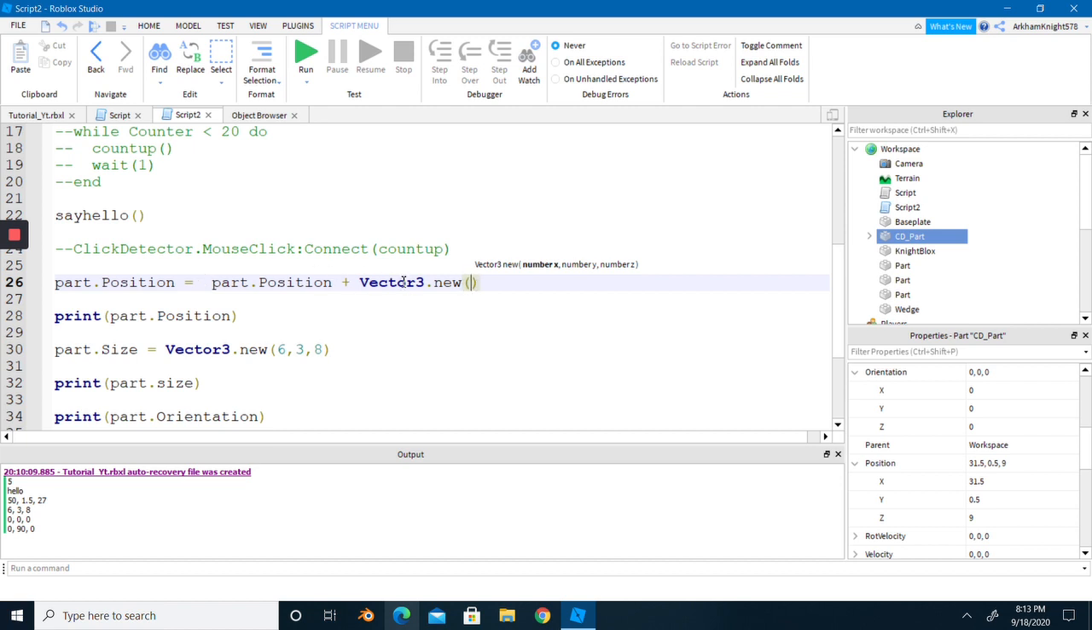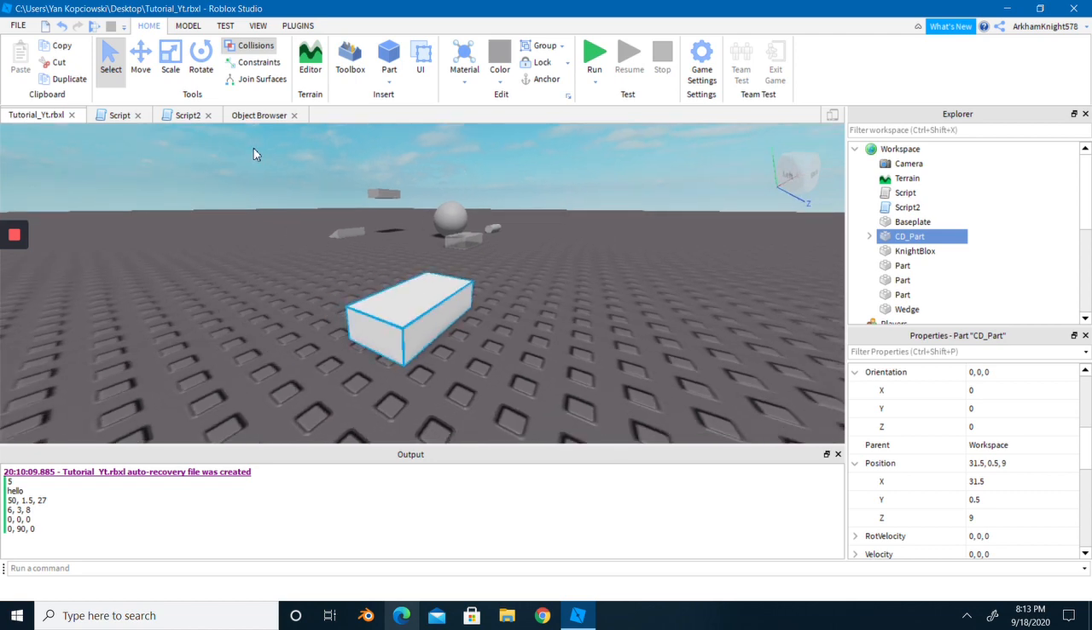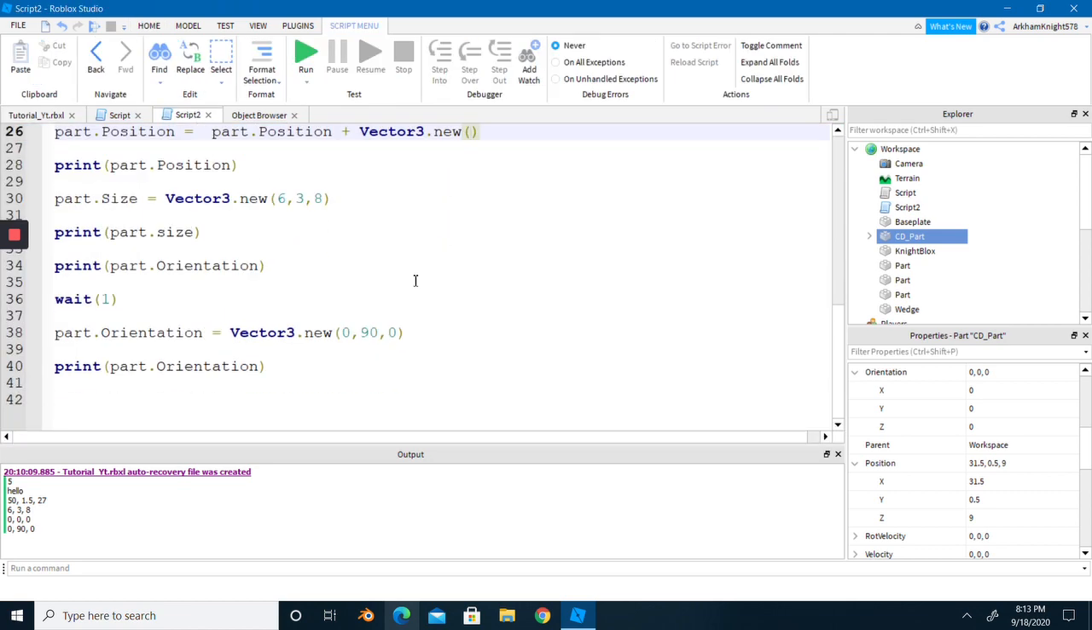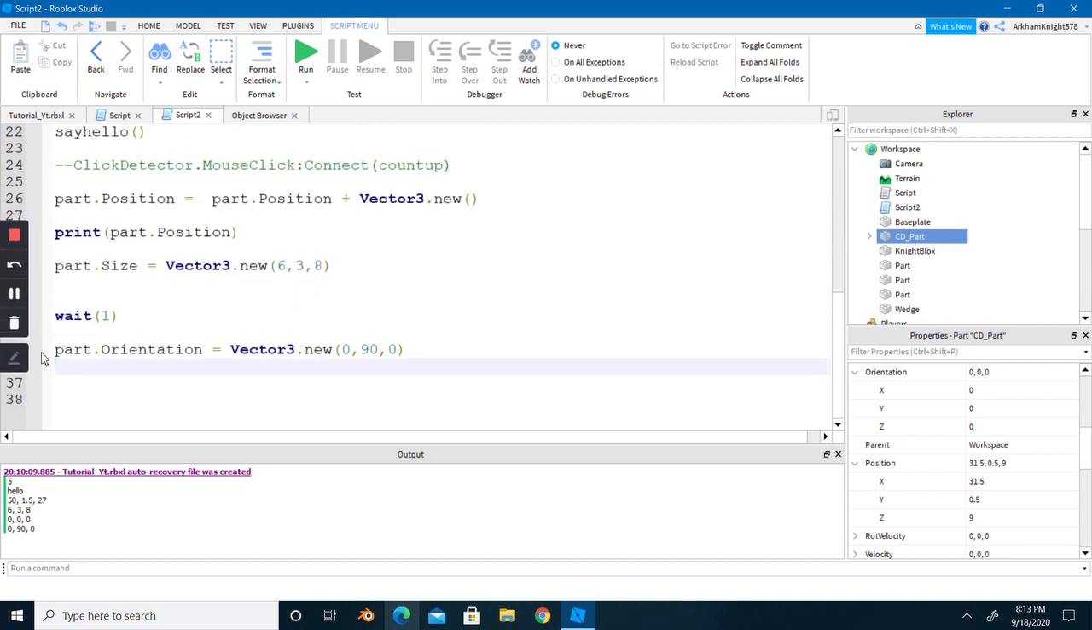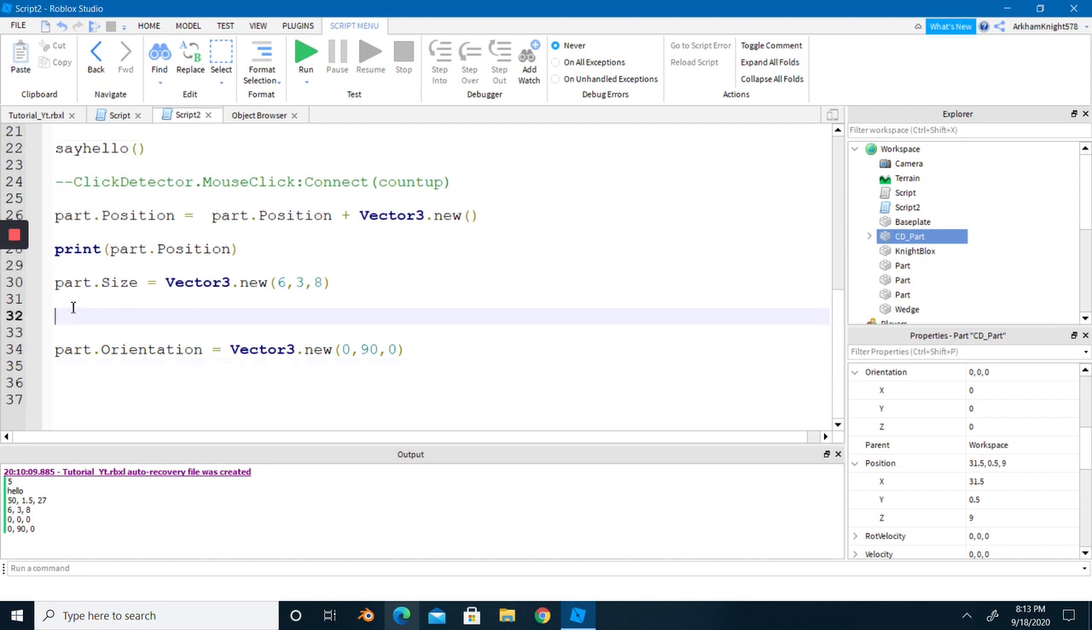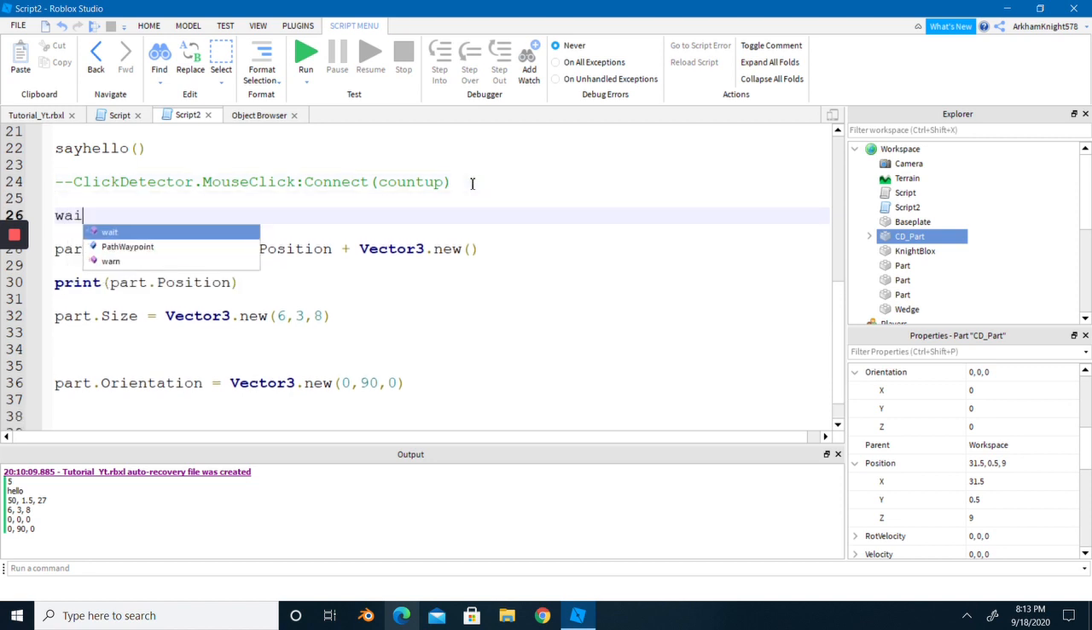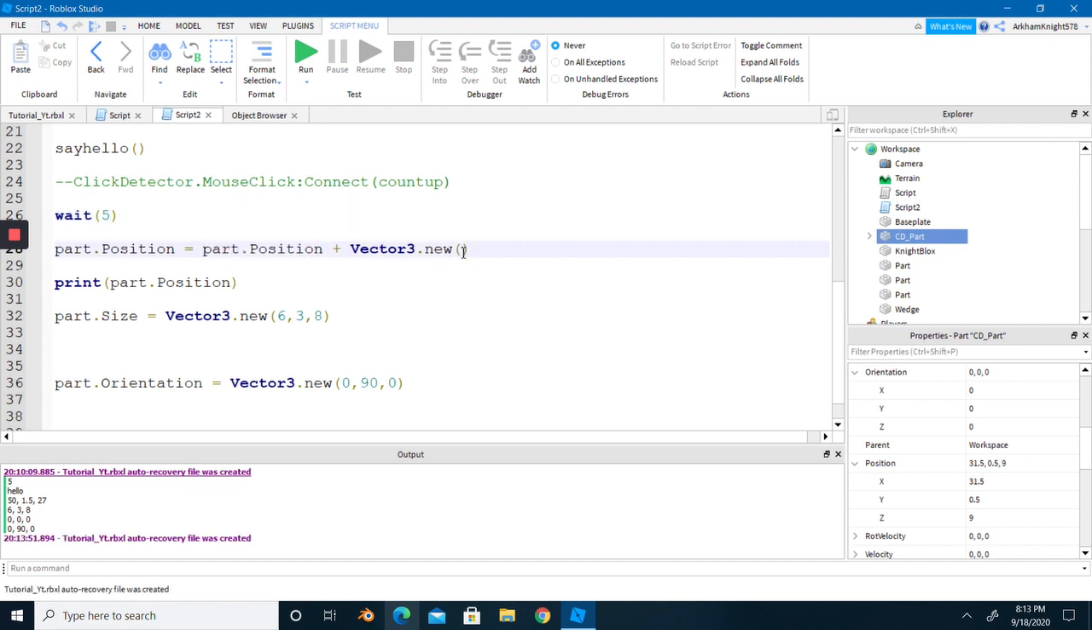So let's say we wanted to change its X value. If we want to move it 5 studs in the positive X direction, that would work fine. I'm going to get rid of these, just so as not to bother you. Alright, so let's just do a wait of 1 second or 5 seconds. So that's going to be a bit of a delay. So if we want to move it 5 studs in the X direction, all we would need to do is